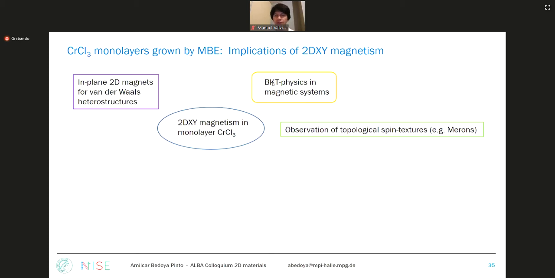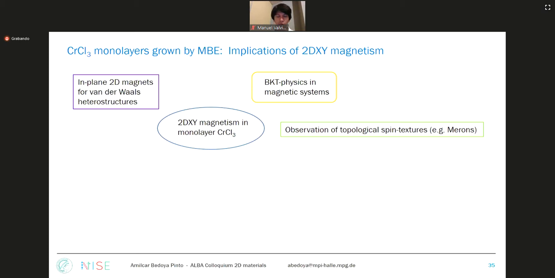It's actually fully unknown if this transition indeed happens, and it also gives you these topological spin textures that can be close to the phase transition. Maybe we can observe them in this system, because these are like vortex states. In this case, the in-plane analog of a skyrmion is a meron, and that will also be interesting in conjunction with this BKT physics, to see via any experimental technique if we can find this kind of merons close to the phase transition in this monolayer chromium chloride.